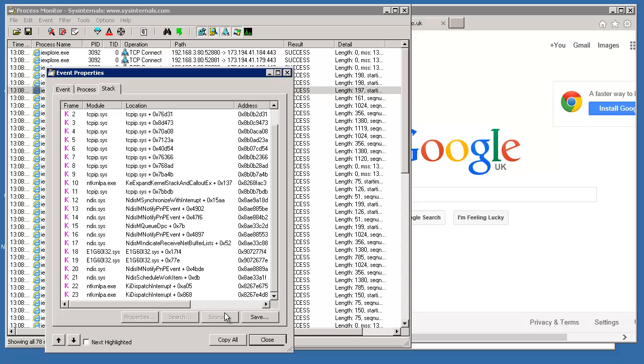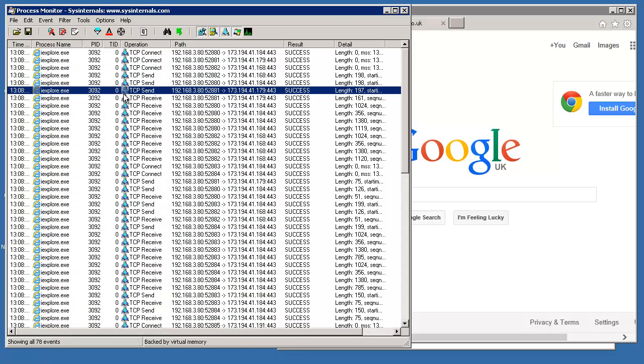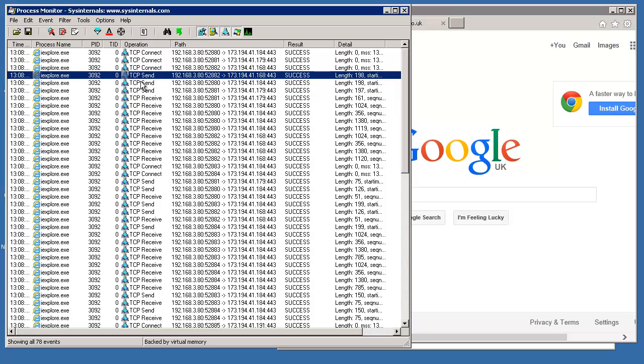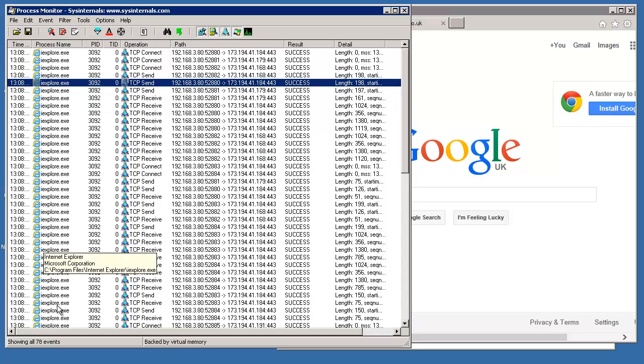Now the reason that we're seeing this is because actually Process Monitor registers the completion of the event. So it doesn't register or record a log entry when we actually make the WinSock call and do the send. What we see is the completion, and the completion, believe it or not, is when we see the acknowledgement for the packet that has been sent. So that's quite important because the timings we see on the send packets are actually the actual time,